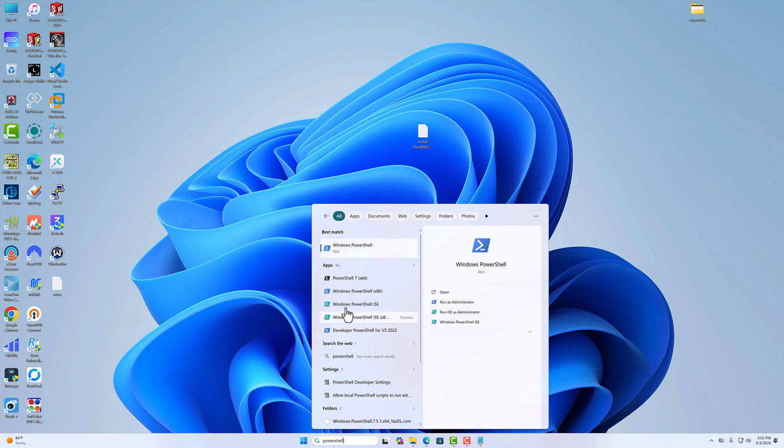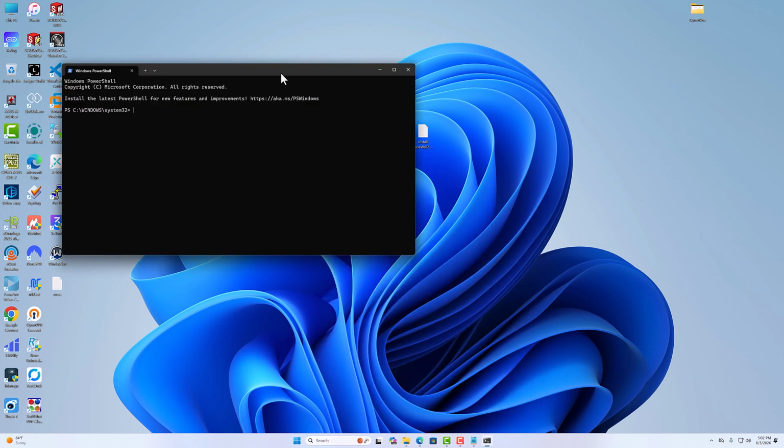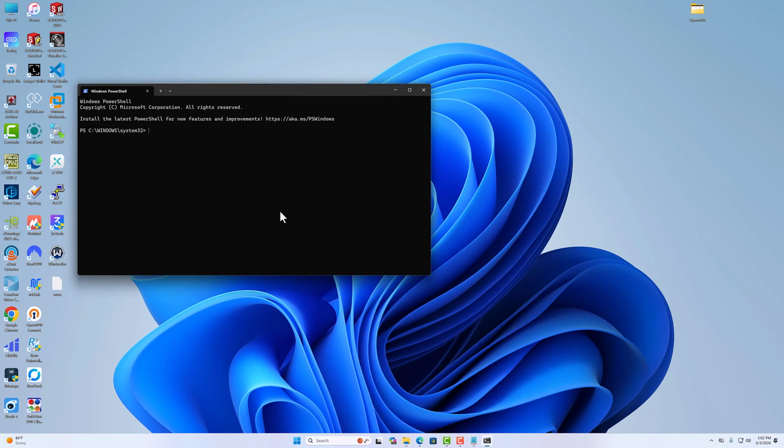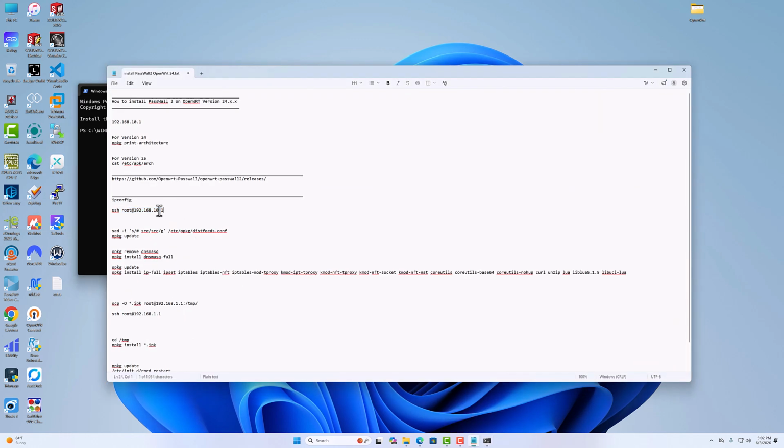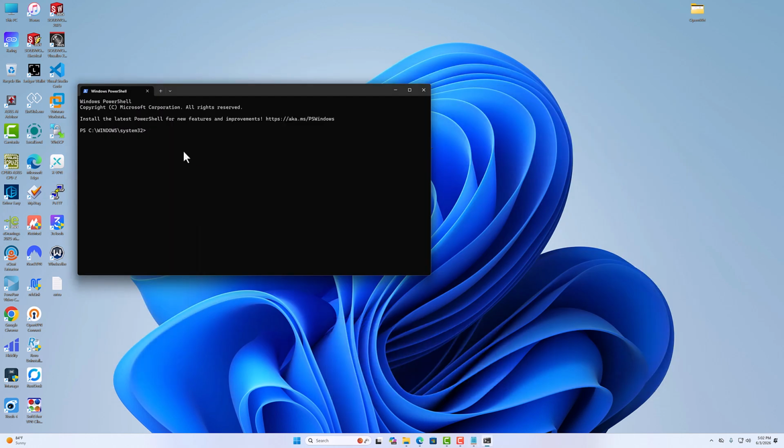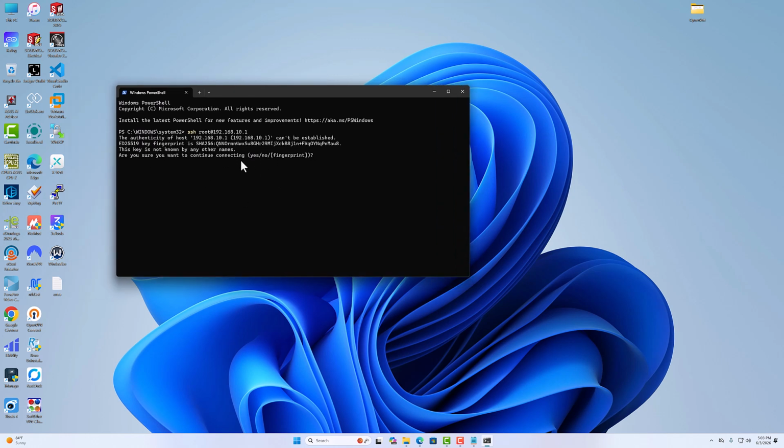As you can see, now click here and copy and paste this command to connect to your router. Just here, as you can see, copy and paste, and instead of my router IP address, put your IP address here. Now tap enter, and for the first time, if you are connecting to your router, type yes,